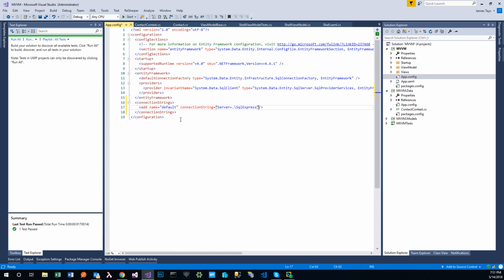Alright, and then you're going to have a database, and we're going to call it contacts DB, and then we're going to say trusted connection equals true. And then you also need to have a provider,